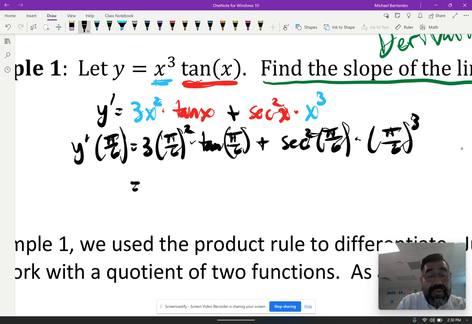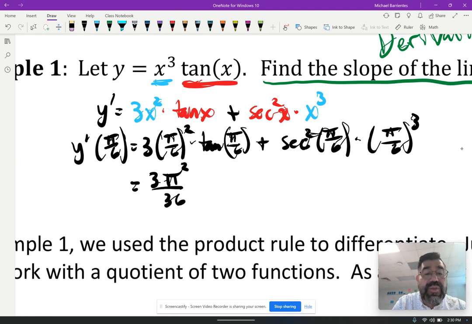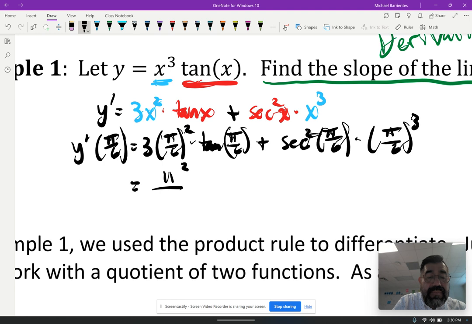Let's see. I'm going to need to square this. So that's going to be 3 pi squared over 36. But we can simplify that. Wait, where did I get the 36? Oh, because I squared the top and I squared the bottom, right? That's how we square fractions. I can simplify the 36 and the 3 and just say, oh, this is really just pi squared over 12,